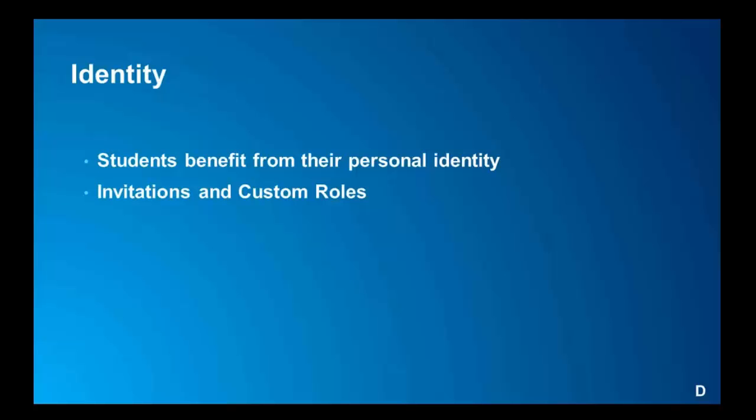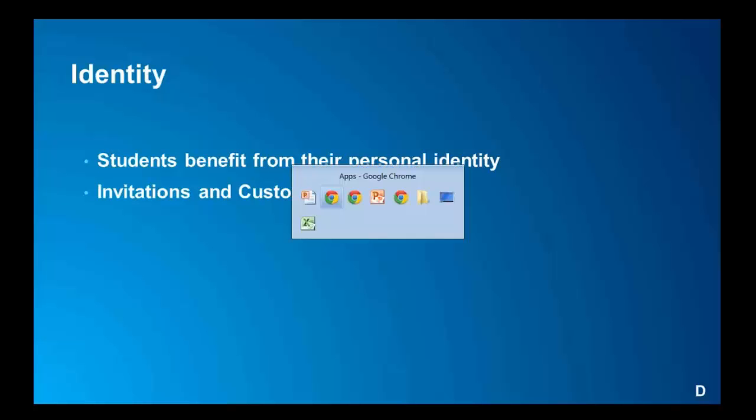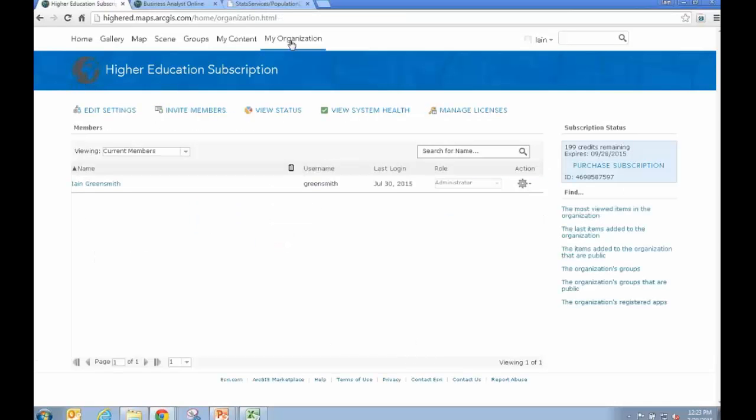So let's switch gears. We'll go back to the higher ed subscription, and we'll talk a little bit more about that. Just wait for my screen to refresh. There we go. I'm back on my organization tab, and the first thing I want to do, before I invite the users in, and I'll come back to this tab here that says invite members, is define a custom role. Before I invite anyone in, I want to define a custom role. To do that, I click on Edit Settings,